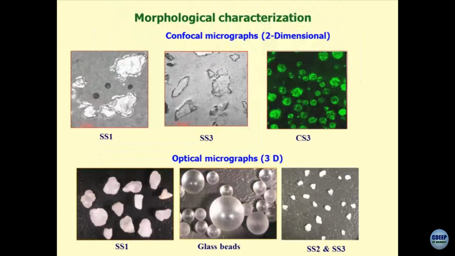Now, I will discuss the morphological characterization of geomaterials. Morphological characterization is basically shape, size, dimensions, regularity, irregularity. Normally, morphological characterization is done using two techniques: one is a two-dimensional technique and the other is a three-dimensional technique. You will be surprised to know that we have shown that shear wave velocities, the liquefaction potential of sands and the shear strength depend upon the morphological features.